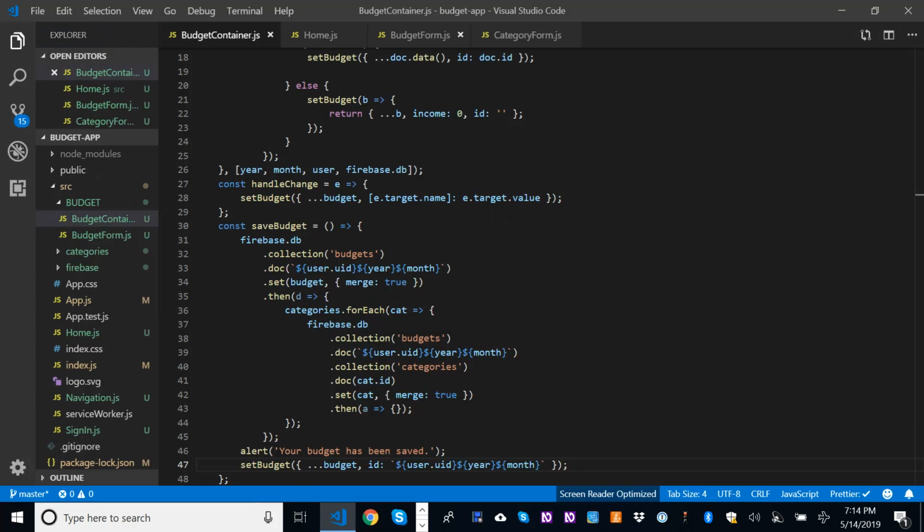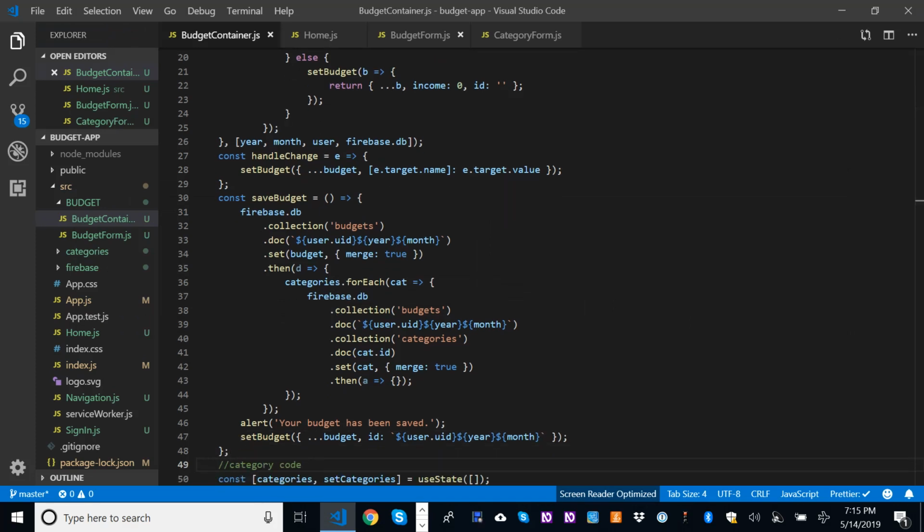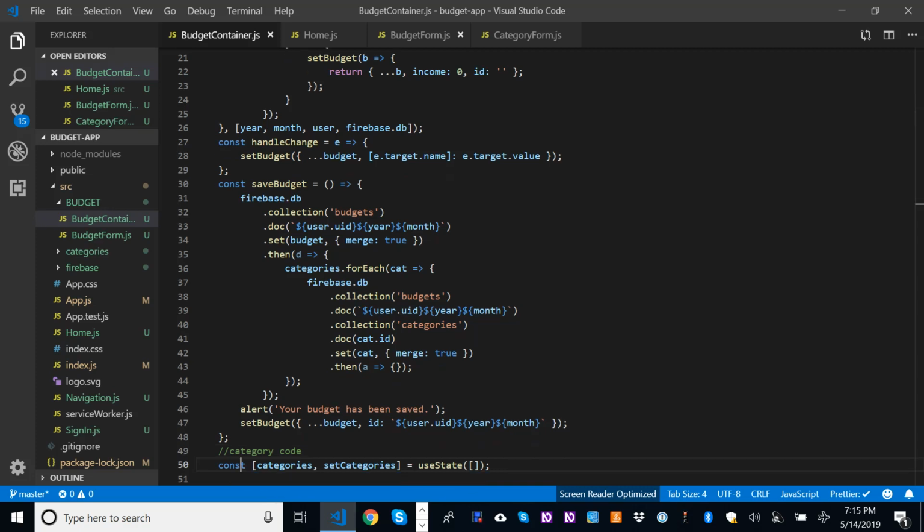So, alright, one other thing I wanted to show you is the category tab code. This whole thing, I'm using a snapshot for the categories, and it's